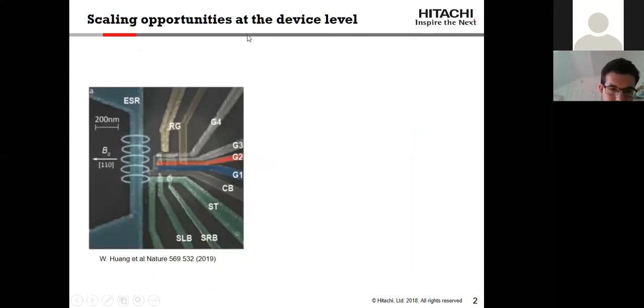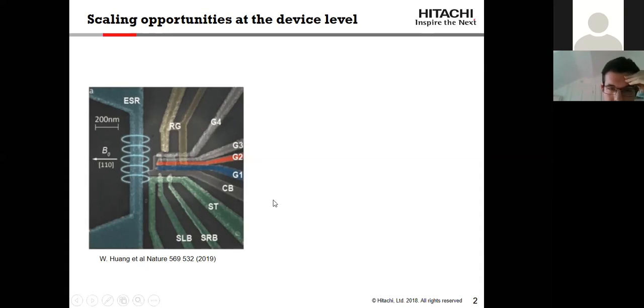Good. Just to show you an image of probably one of the most advanced silicon devices so far. This comes from UNSW, where you have a set of metallic gates on silicon oxide and then on silicon. These are standard MOS structures that are used to define a two-dimensional electron gas under the gates. In this central region, the gates are designed to accumulate electrons in localized areas, quantum dots. Then there is an electron reservoir. This green part is a single electron transistor, and this blue part is an antenna for delivery of microwaves to